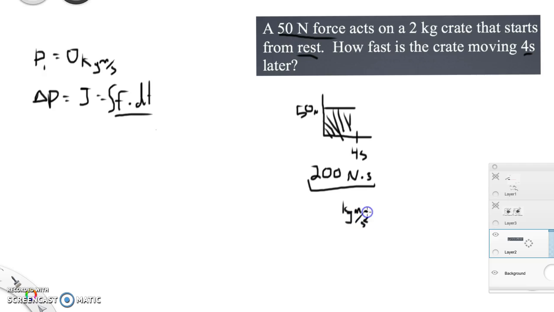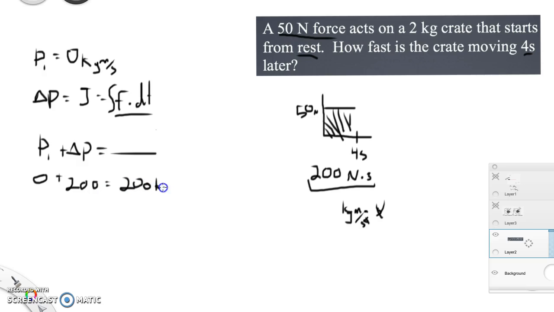Okay, so if we multiply that by seconds, this is going to cancel out with that, leaving us kilogram meters per second. Okay, so if I take my initial momentum and add to it my change in momentum, I should end up with my final momentum. Okay, so initial was 0, my change was 200, which means the final momentum of this object would be 200